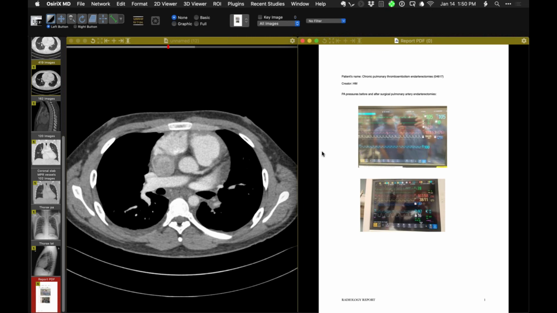Now, usually in a case like this, because we do have a surgeon that does surgical endarterectomies, I ask them if they saved any images of what they took out during surgery. And I've got a really nice bunch of cases of that. But in this particular case, they didn't have that. But the guy said, oh, you might actually be interested in this. So I think they were kind of proud of what they did. So you can see here